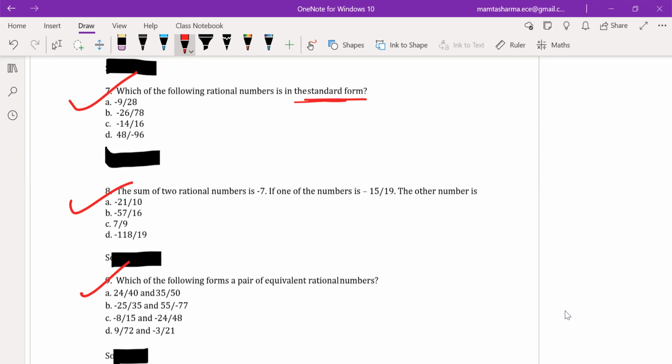See, this one, the first number cannot be solved further. It will not be cut by any number. It cannot be simplified anymore. Right? Correct. Now 26 by 78. It can be simplified. By the 2 table, you can simplify it. Correct? It would be